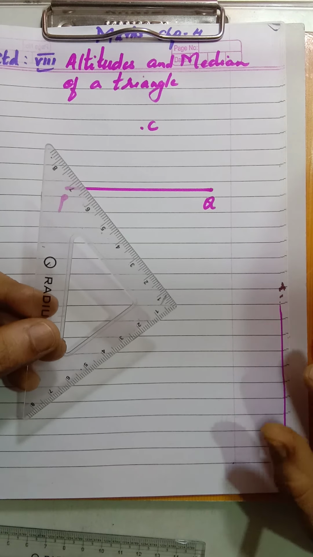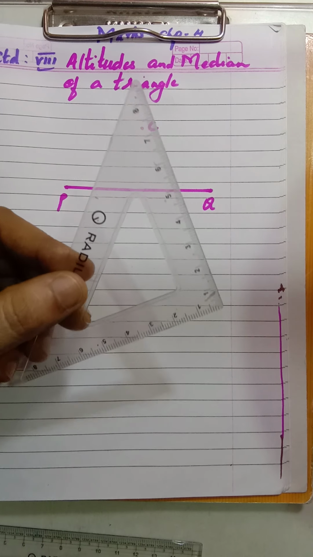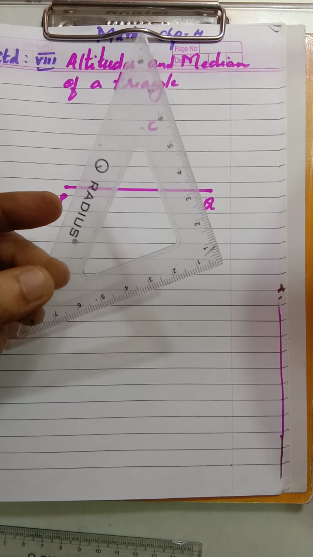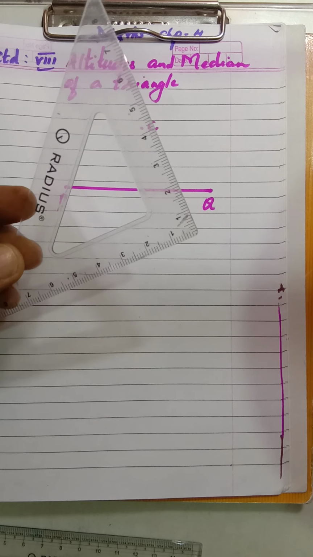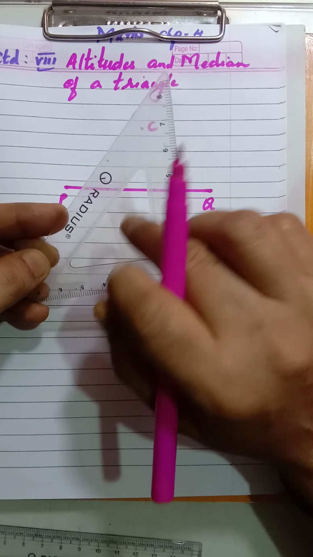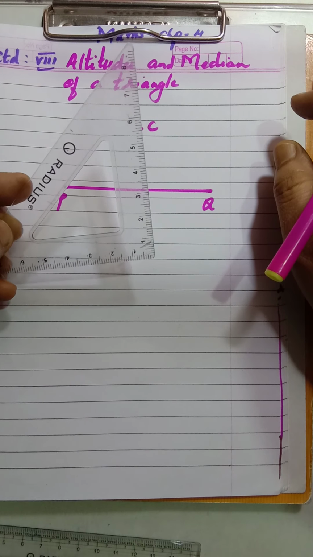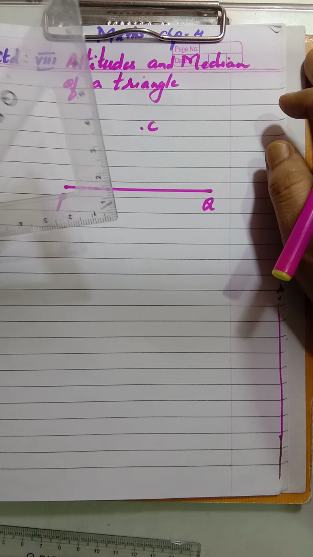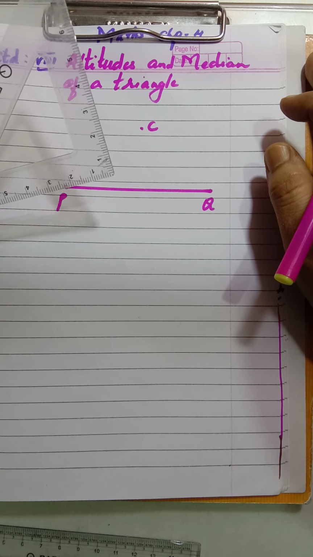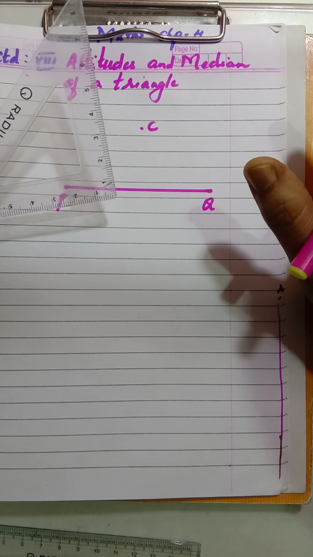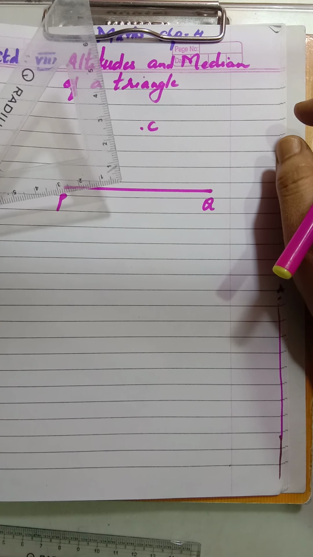So now requesting all the students to take out your geometrical box, keep it ready, open your maths textbook, page number 19. Now in your geometrical box children, you can see this type of set square is there. You can see this set square. What type of angle is drawn here? This is a 90-degree angle, that is a perpendicular. Now if you have to use this set square and draw a perpendicular to a line segment, it's very simple.